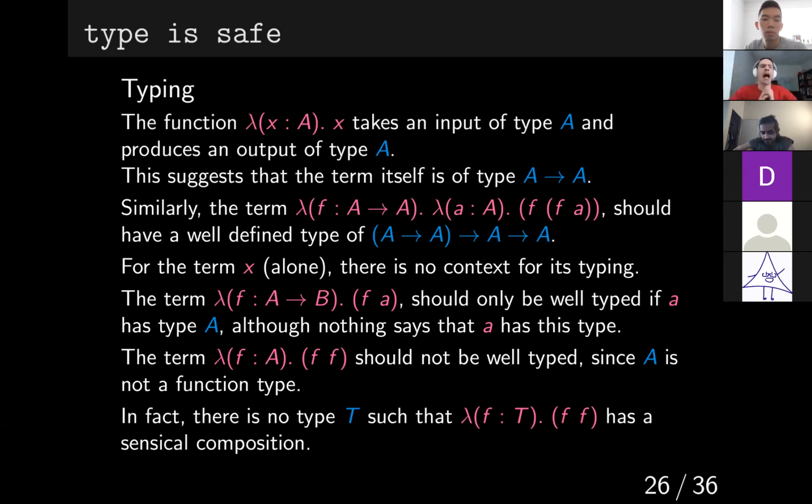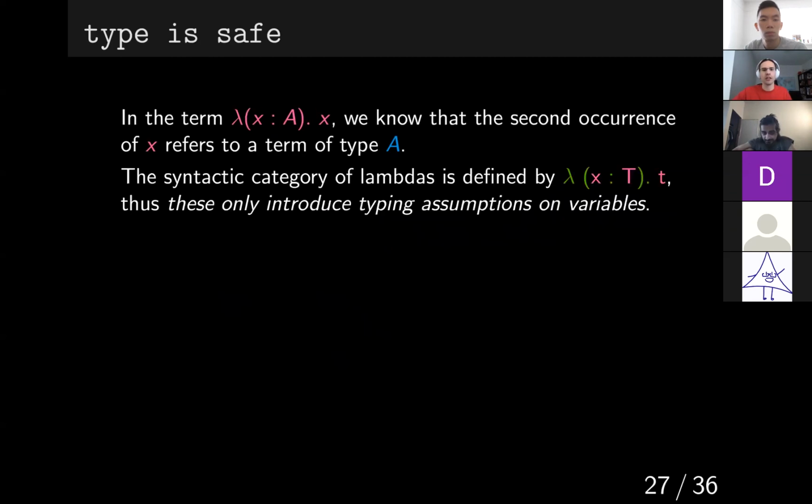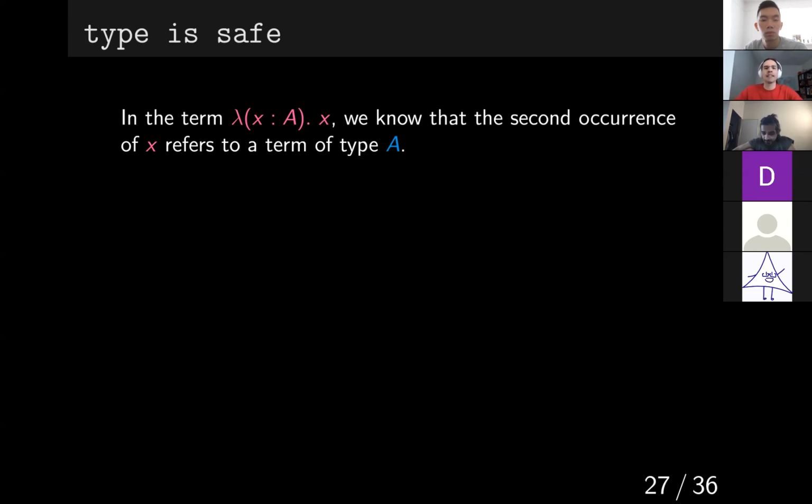So right now, I've hinted at the fact that there's a notion of typing of terms, and that some terms have a type, some terms do not. So what are the rules for typing? We now need to give some rules to make this notion formal. But before that, I need to say what is a typing judgment? So first off,